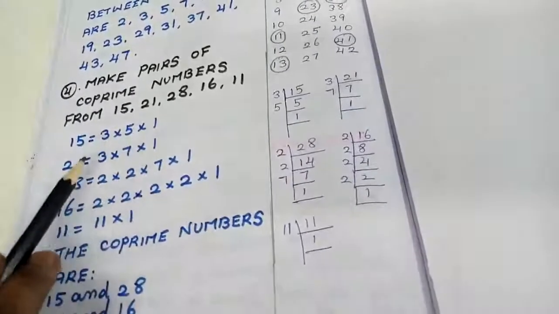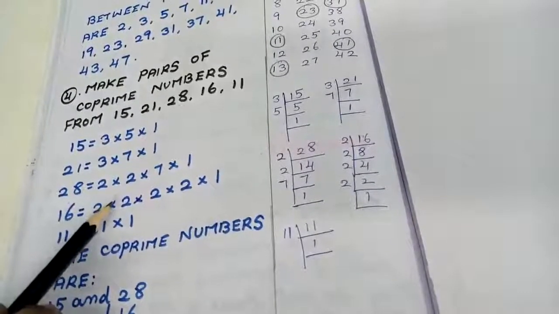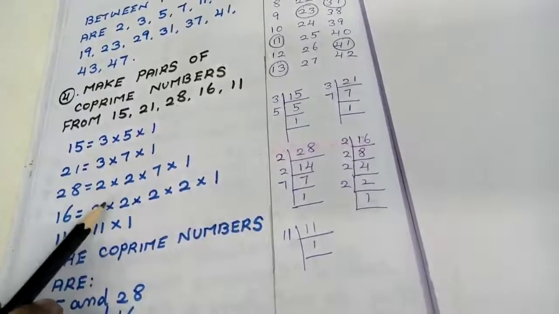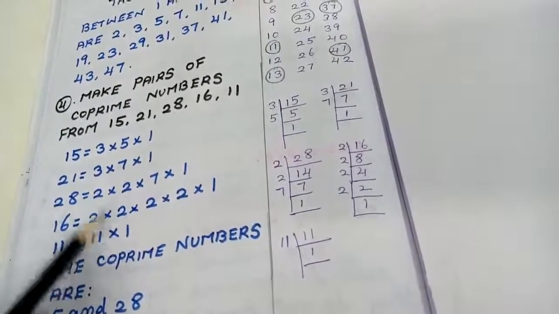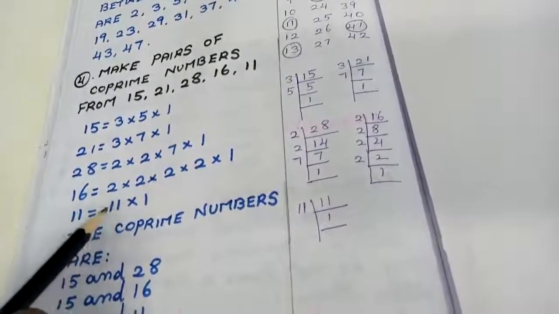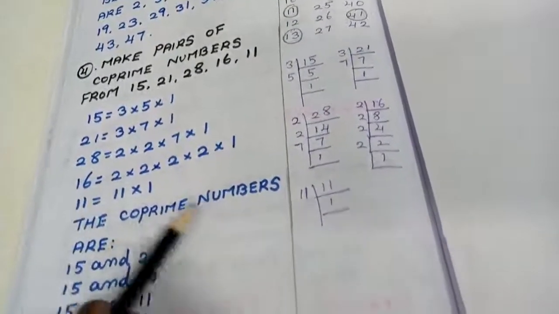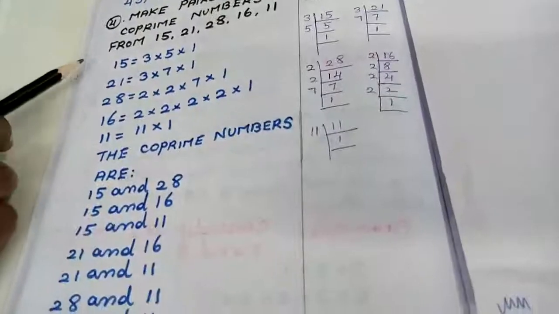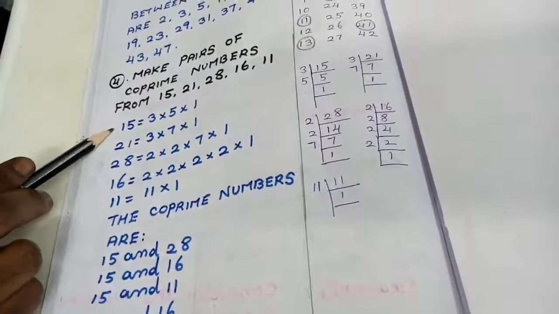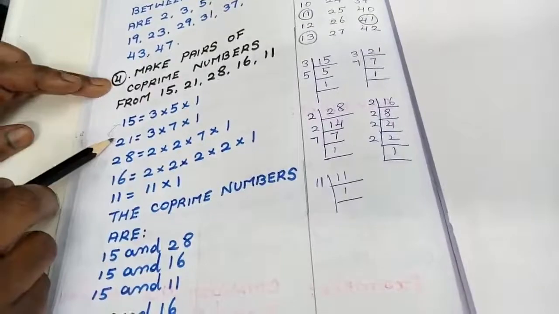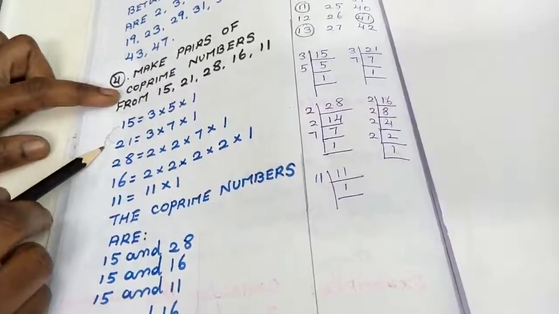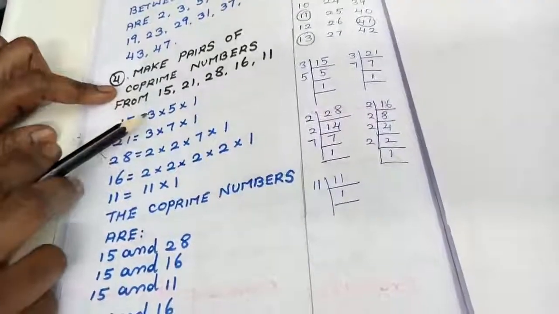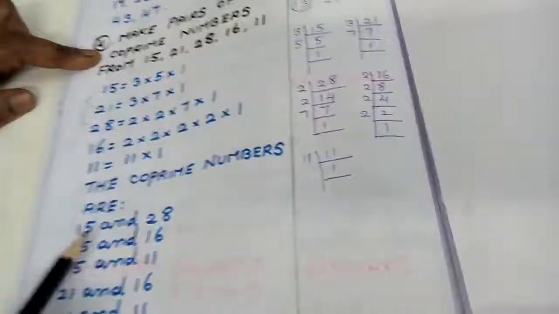I will be splitting in the form of prime numbers, so you will not have any composite number. You have to be careful in this place. So, how to form a co-prime number pair? Just take the number 15 first. 15 I am going to compare with 21. If you see, the number 3 is repeated, so I cannot pair. Then 15 I am going to compare with 28. Except 1, nothing is common. So, 15 and 28 will get matched.